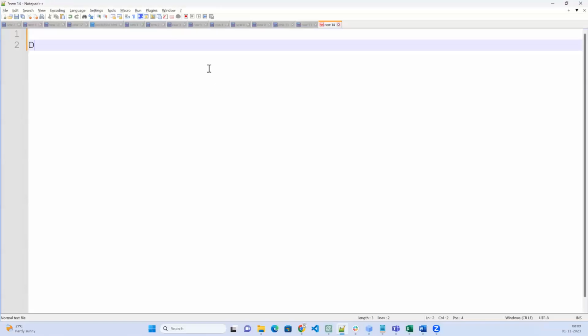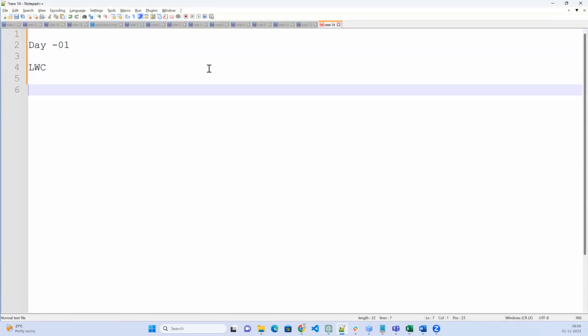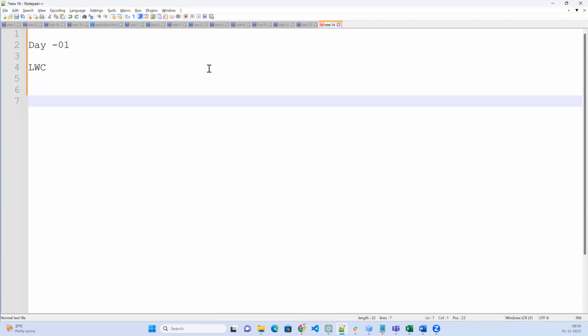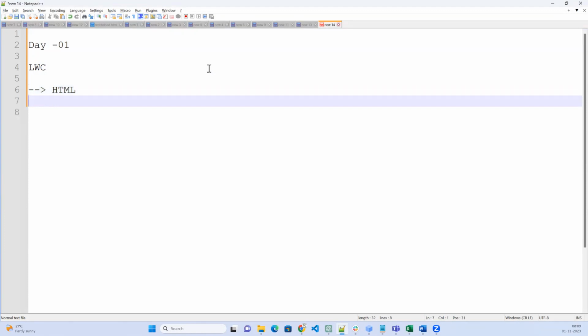So today is the first class of the LWC. Now before starting the class, what are we going to learn in the entire LWC? This time we are going to start LWC from scratch. That means I will be explaining the HTML, how to use the HTML, and what the CSS styles are,